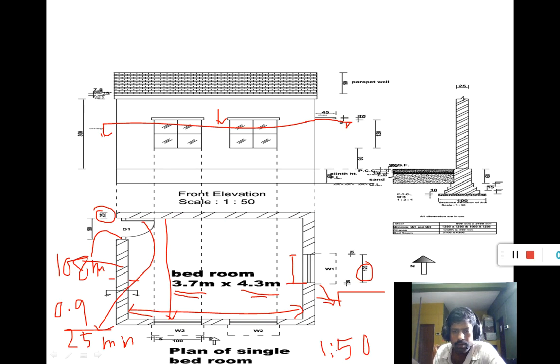I have considered the scale 1:50. And one thing you remember, you have to place the window in such a way that there is proper ventilation, such that the room should be airy. That's why you should place the window at the proper place.